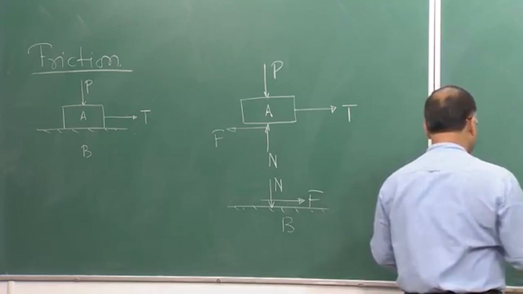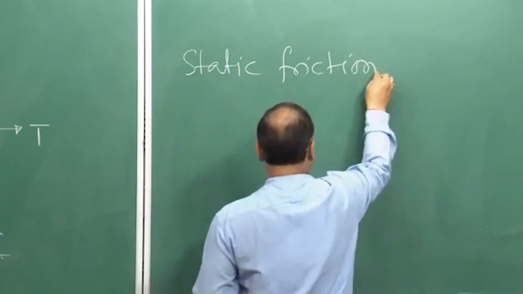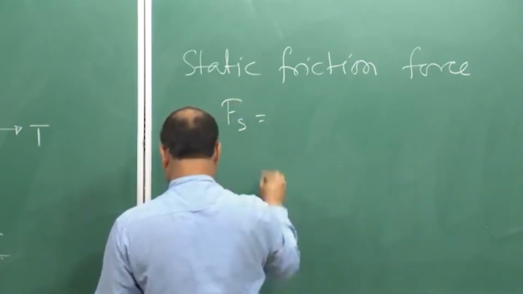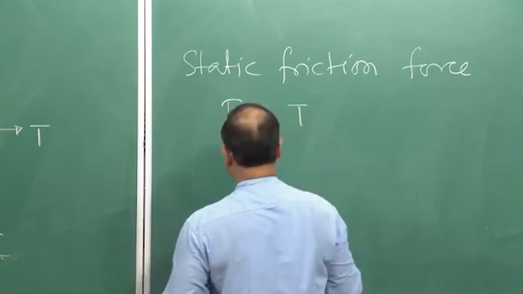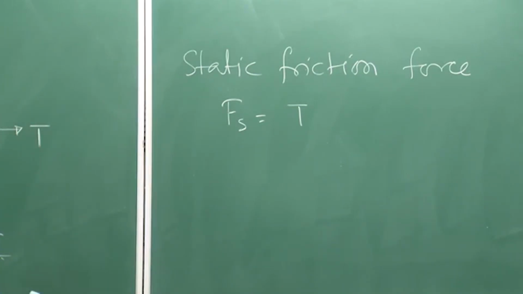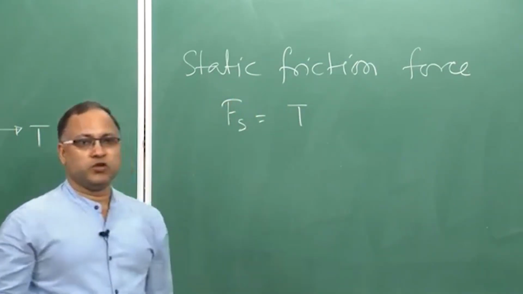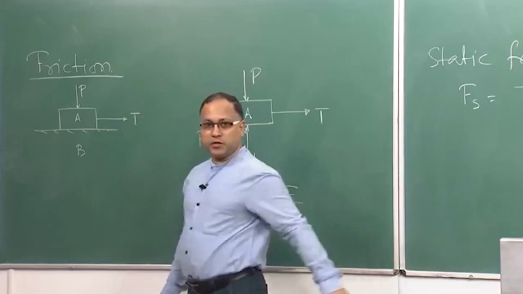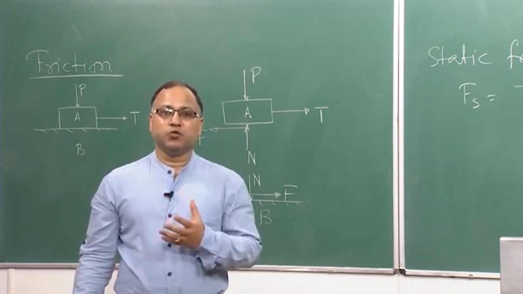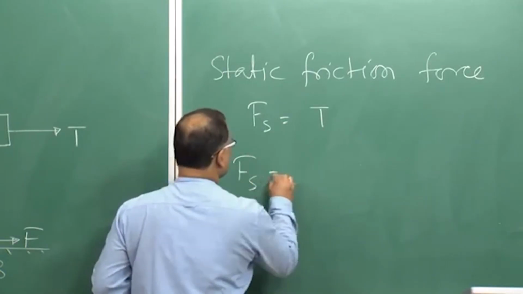So, if there is no relative motion, then the static friction force can be given as Fs equal to T. Fs, that is your static friction force, is equal to T, the pulling force, and as long as T is equal to the static friction force Fs, you will not get any relative motion of block A. And the static friction force can be obtained as you know,